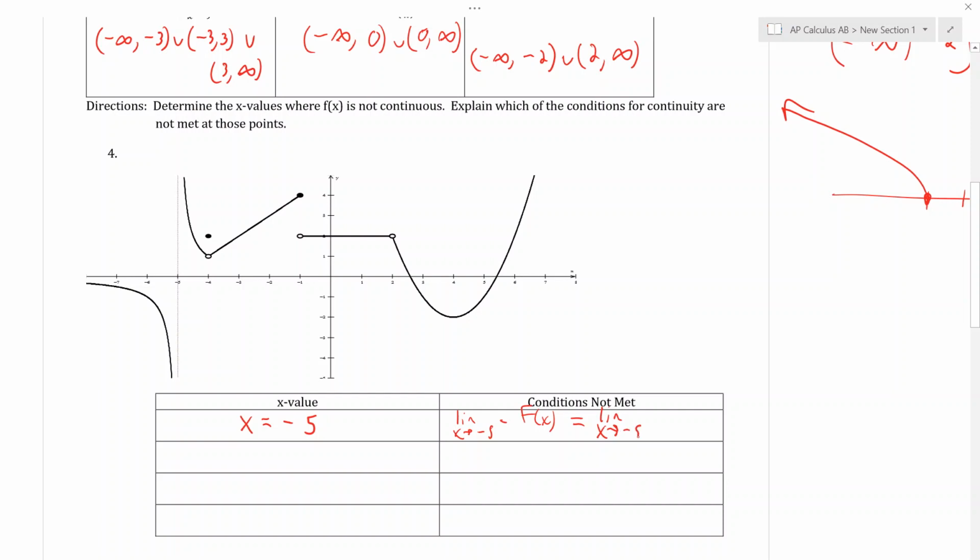But what Haley has said is that the left-hand limit and the right-hand limit are not equal. Make sense? Matter of fact, the left-hand limit and the right-hand limit, even though we're going to say they are negative infinity and positive infinity,